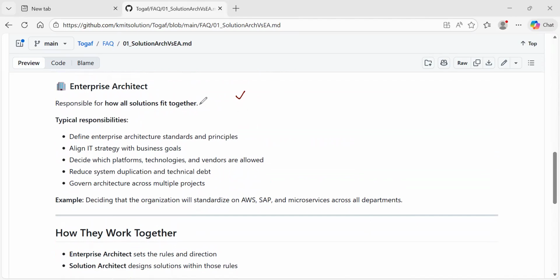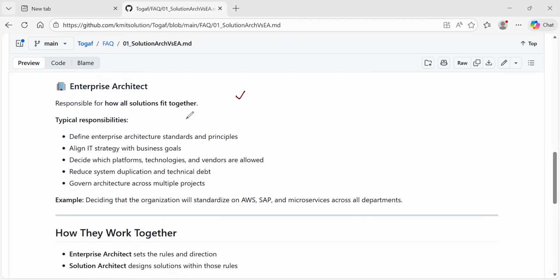If something went wrong from the solution architect's point of view, the solution architect is responsible, but maybe the question will be asked of the enterprise architect first, that why this particular service is not working. So in that case, the enterprise architect has more responsibility, or you can say the solution architect is a subset